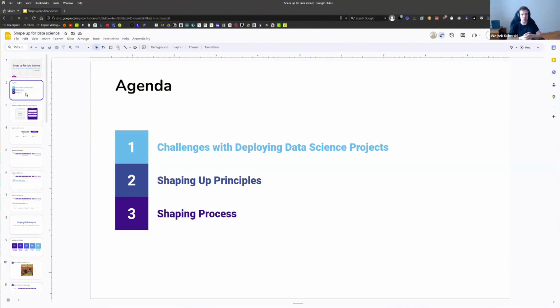Then we're going to talk about the shaping and principles. We're going to start talking about the shape-up process, which is a project or product methodology we adopted from Basecamp called ShapeUp. They have a very nice free book that you can get on their website. We read it all, everyone in the company, and then we decided to adopt it, adjust it a bit here and there, and we've been adjusting it a bit ever since. But right now, I feel we settled on a stable version that works really, really well for developing data science